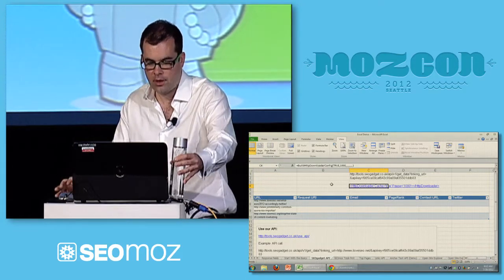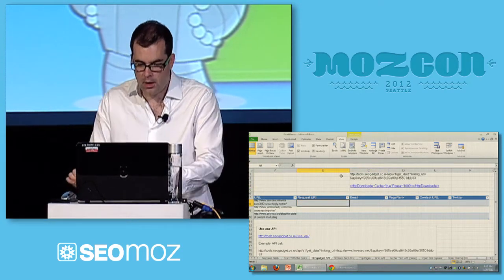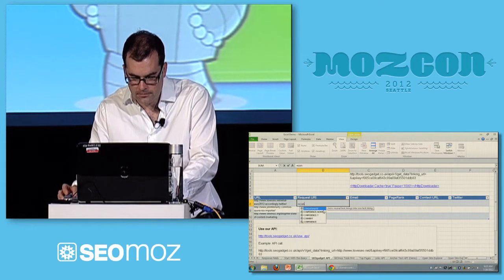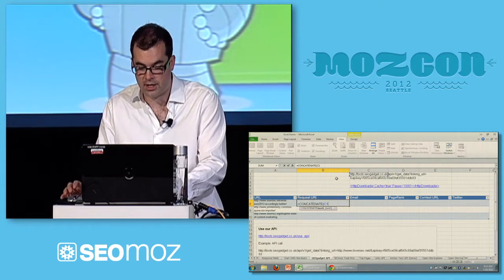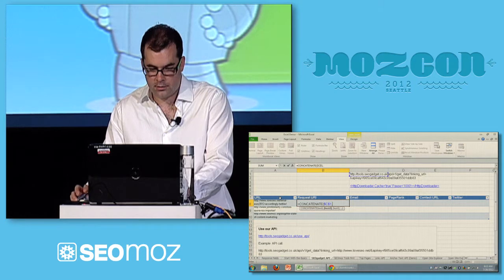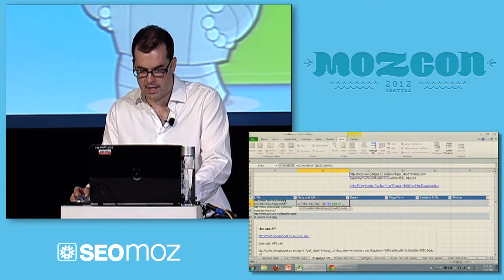Right. What we've got to do is form a valid request URL with our API. So that would look a little bit like this: equals CONCATENATE. Okay, now we need to take tools.seogadget.co.uk/API. We're going to anchor that with F4, comma, this URL here. This is one of Gianluca's blog posts, and our API key.